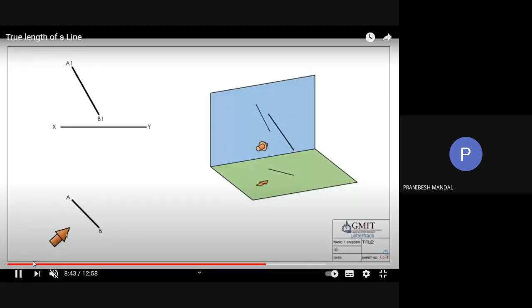If you look from this side at this line, exactly perpendicular to the line, you are going to get the true length in some plane which is parallel to this line, isn't it? I am carrying on with the video. See, if you see through this line in this way, which is perpendicular to this line,